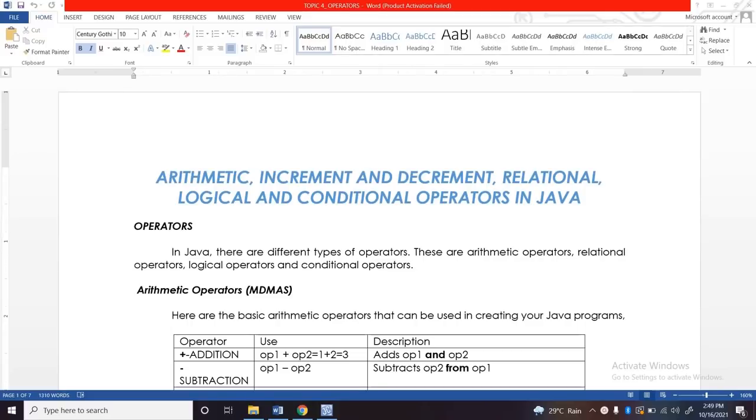Good day everyone. Today I'm going to discuss with you the different operators used in Java programming language. So these operators are the arithmetic operators, increment and decrement operators. We also have the relational operators, logical, and the conditional operators. And later on, I will also be sharing with you the order of precedence of the following operators that I'm